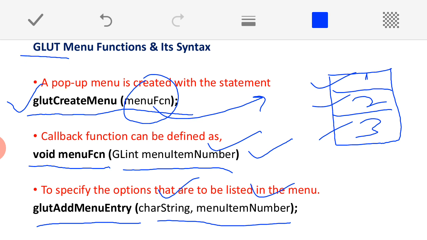String is nothing but the name of the entry. For example, if my first entry is Open, the name of the choice, that option that I want to give in my menu, then Open should be written here, and this is the first choice, so my item number will be 1. Like this we can add the entries into the menu.